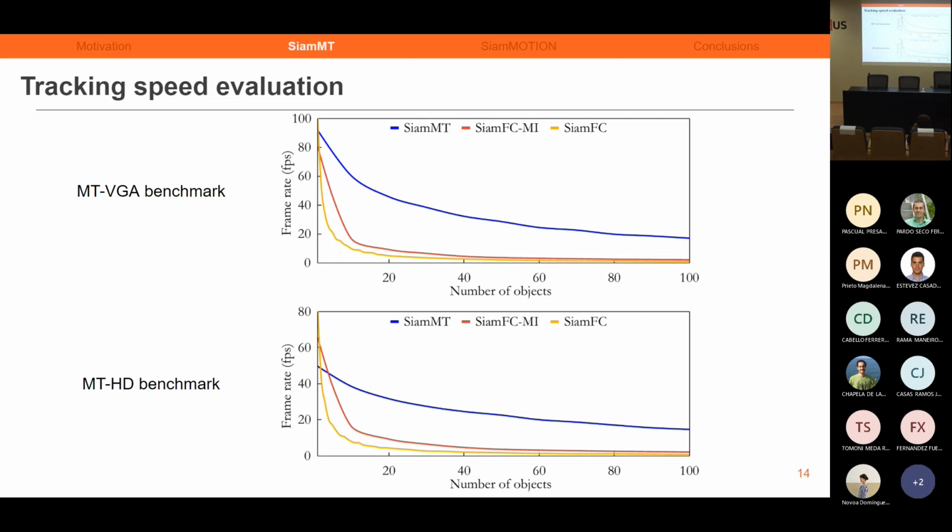Okay, in order to measure the performance of the system, we have conducted several benchmarks, both on VGA and HD video. We compared our proposal, SiamMT, against SiamFC and SiamFC MI, which is a version of SiamFC specially designed to be multiply instantiated. As can be seen, SiamMT is the slowest approach on both benchmarks when tracking a single object. However, as more objects are added,